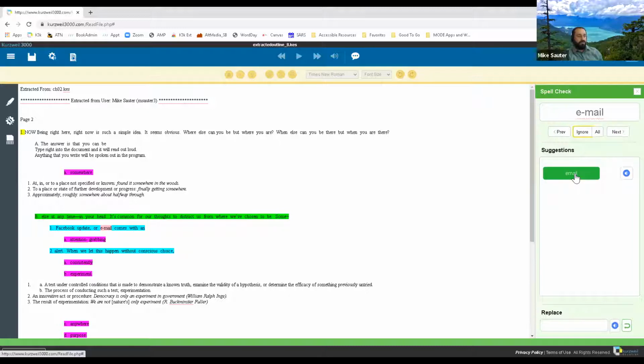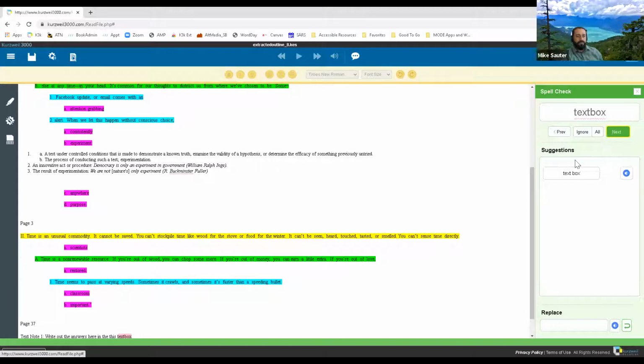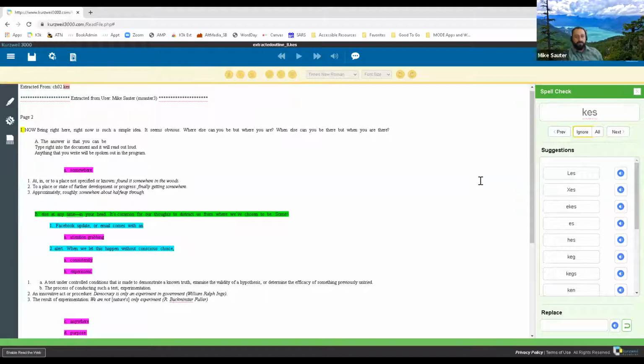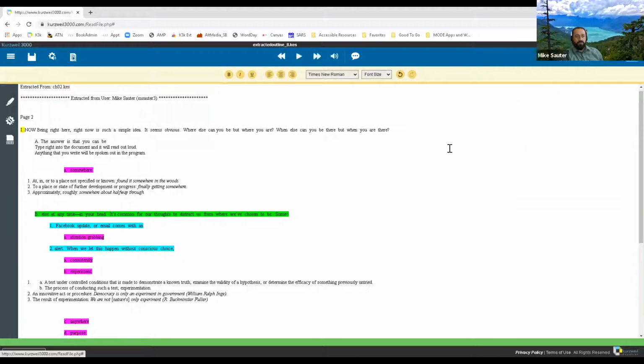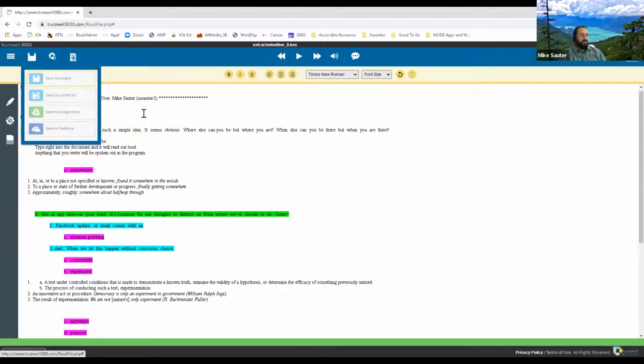Email, change it. So it gives me ideas to change it to. So attention, it's asking, there's a little dash there. Do you want that dash? Do you not want that dash? No, I want to change it to attention. It's a really nice way to go through and spell check. Text box, it's just asking, do I want to separate those two words, keep them together? I think I'm going to keep those together. So there we go. A little quick spell check, and then we can just close the spell check box. Okay. I did do some changes, so I'm going to save my document again. Excellent.